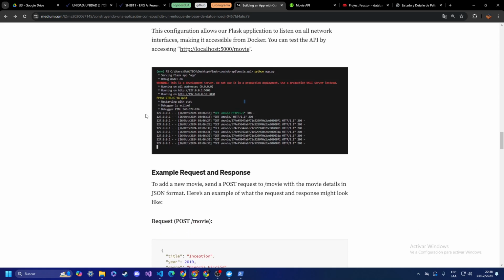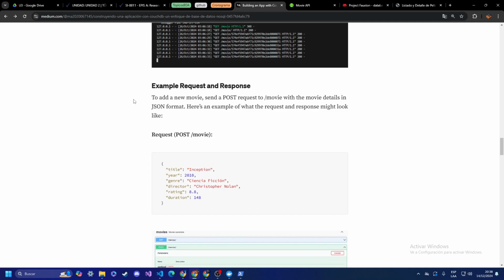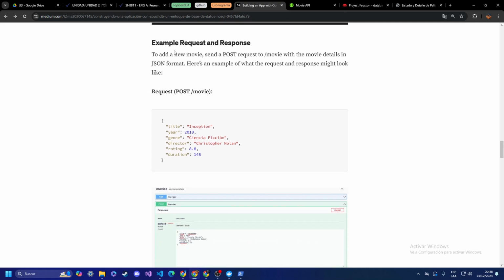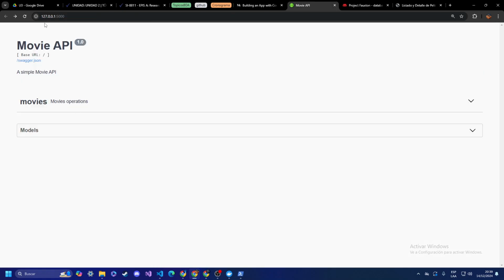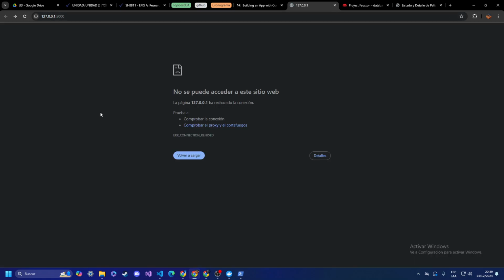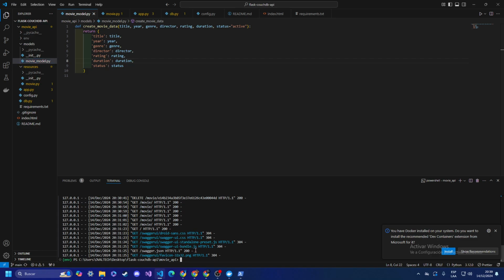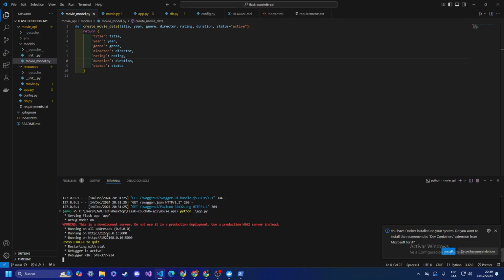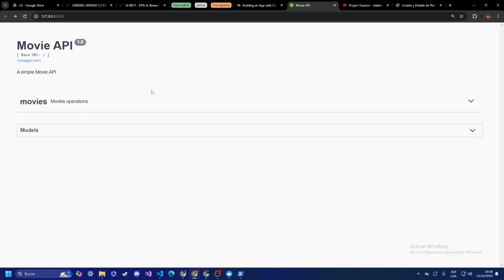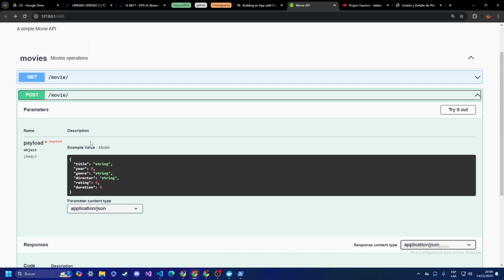Step 8 is testing the API. Here we have an example request and response. To add a new movie, send a POST request to /movie with the movie details in JSON format. Here, this is the documentation. First we execute this command, python app.py, and start the application. We refresh, and here we use